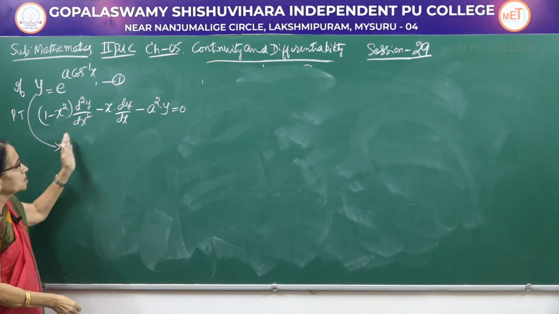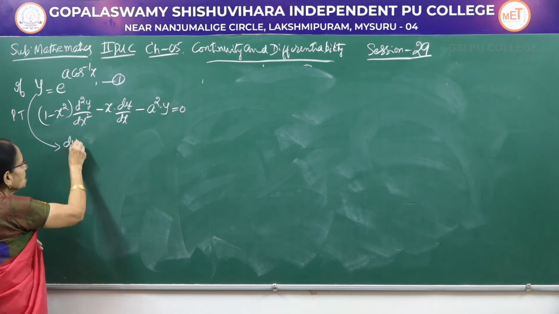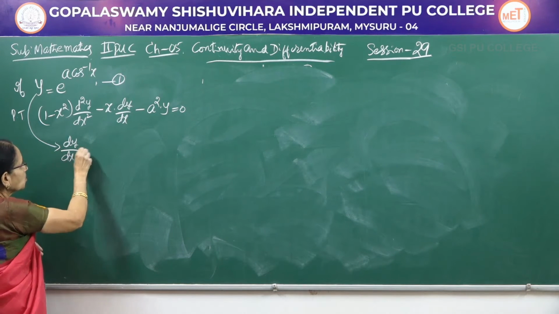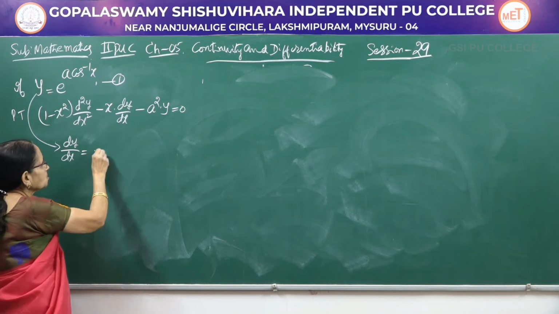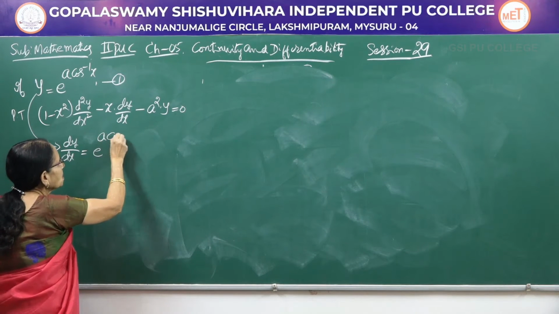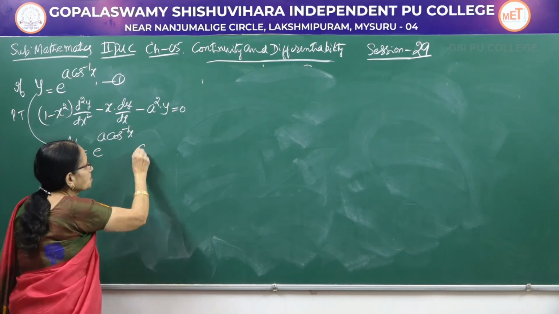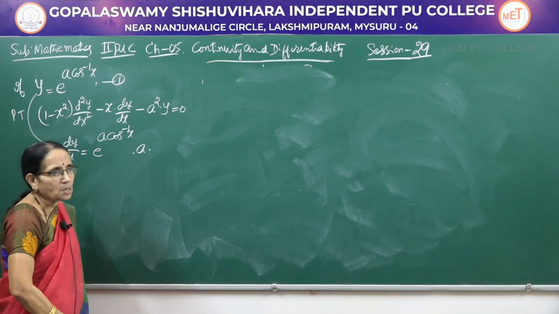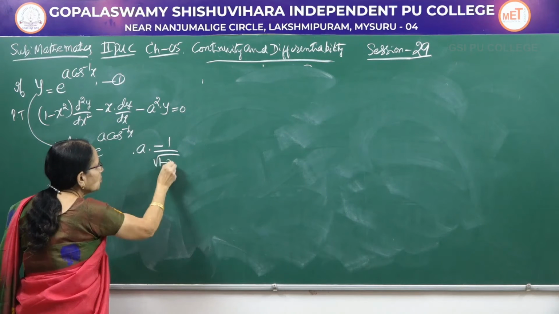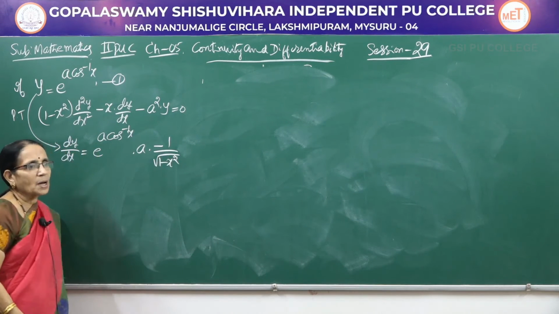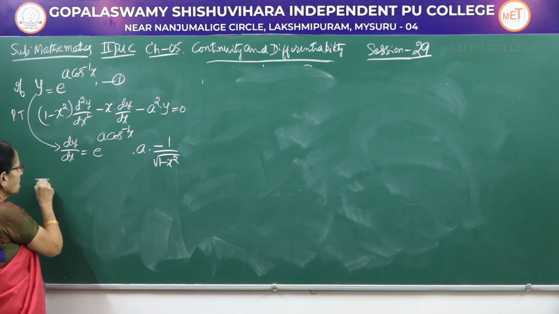Now, if y1 is used, or y dash is used, it is the same thing. So here dy by dx would be equal to, it is a composite function, e power x, that is e to the power a cos inverse x, a being a constant, write as it is. I am applying the chain rule. Cos inverse x gives minus 1 over root of 1 minus x square. Now, you cross multiply.